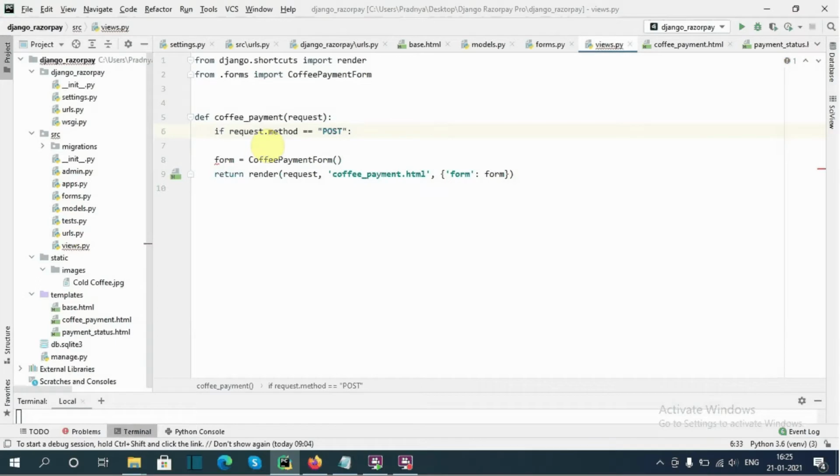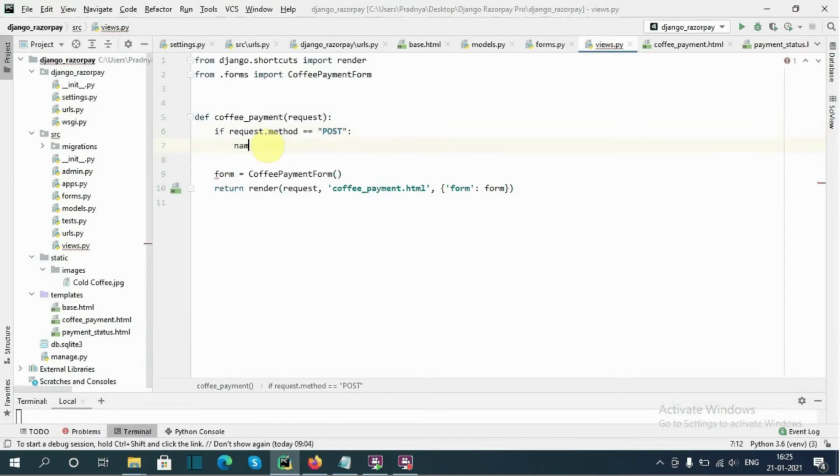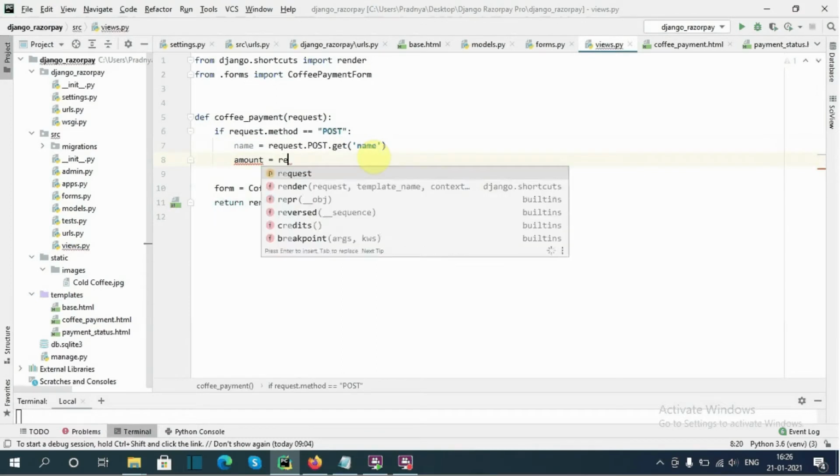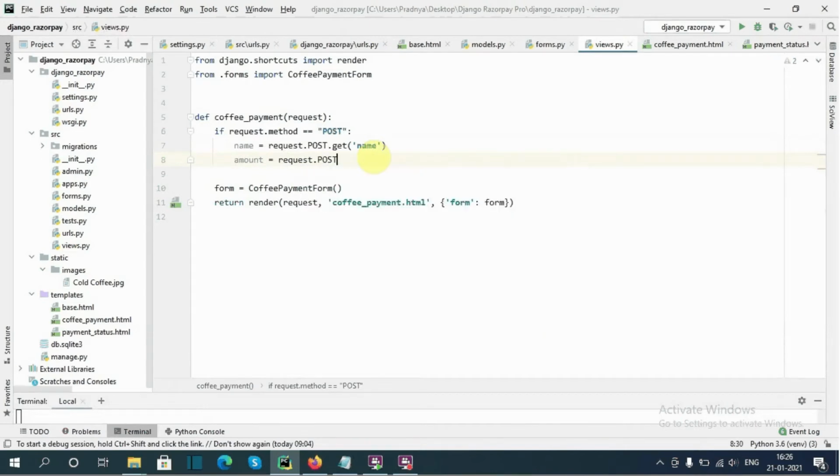If the request is POST, then name equals request.POST.get('name'), then amount equals request.POST.get('amount'). So if the request is POST, then I want to fetch the name and amount from the form.